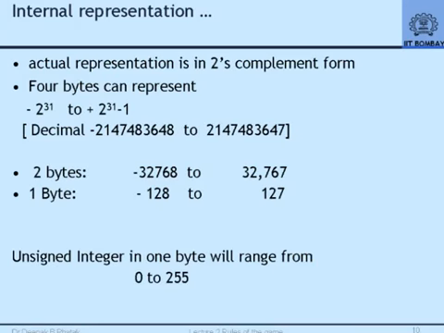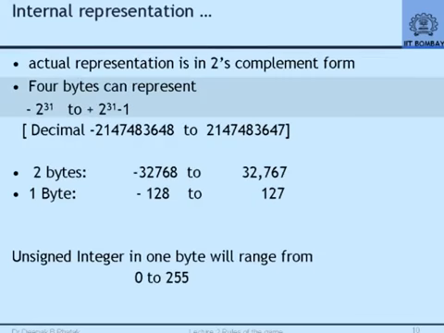Consequently, whenever 2's complement notation is used, and that is exactly what is used by the electronic circuits inside the computer for handling integer values, signed integer will generally mean this with a 2's complement representation. And therefore, the value will be plus 2 to the power 31 minus 1, that is the largest value. But the smallest value will be minus 2 to the power 31. Okay. So, we don't go into the details of what jinx they do there. Those of you who are interested can read it. We are not going to bother with it ever again.